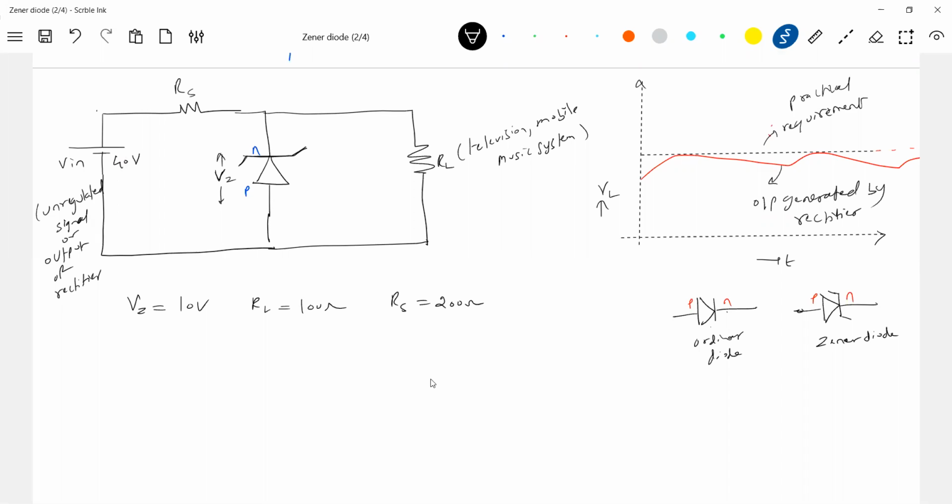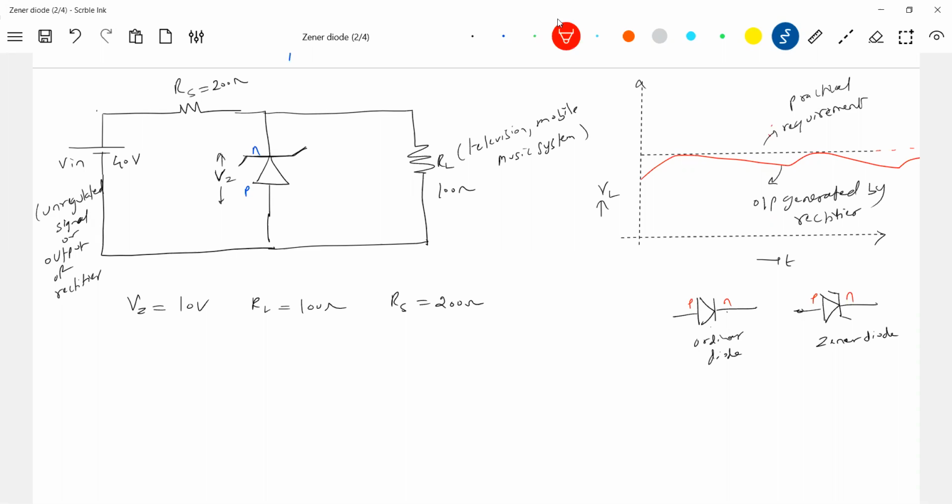It's unregulated. What do you mean by unregulated? We'll see the meaning. These are the values we assumed. I'll write it nearby. RS is 200 ohm. Directly I'm coming to the explanation, so that'll be easy for you. RZ, you have to neglect it. What's a Zener diode? If it is operated at breakdown, the breakdown voltage remains constant, but the current through it can increase. Will I agree this?